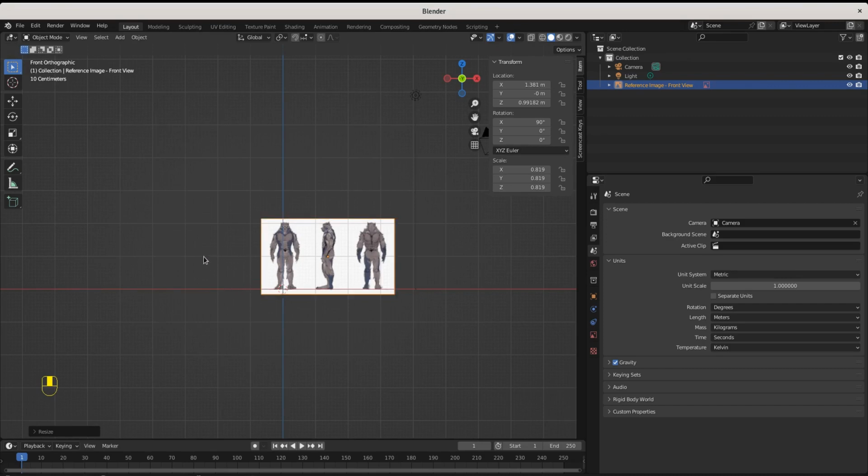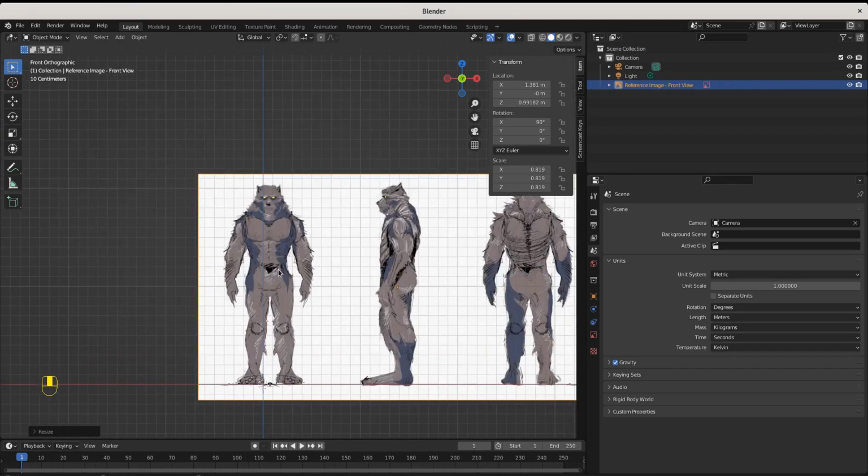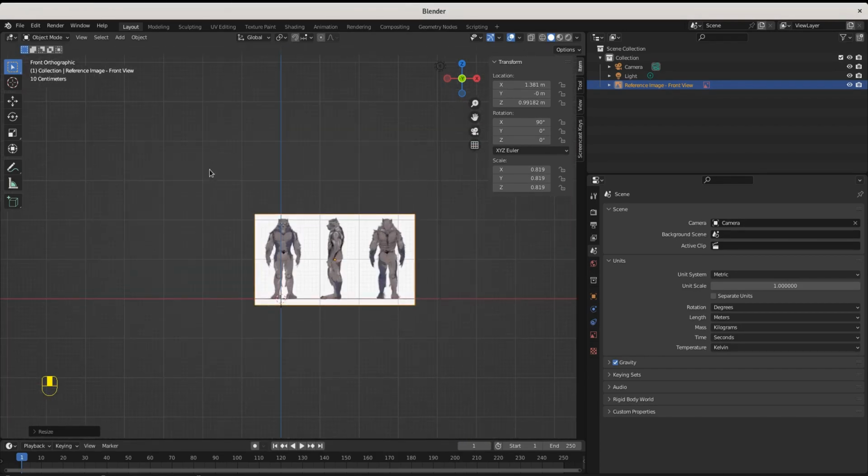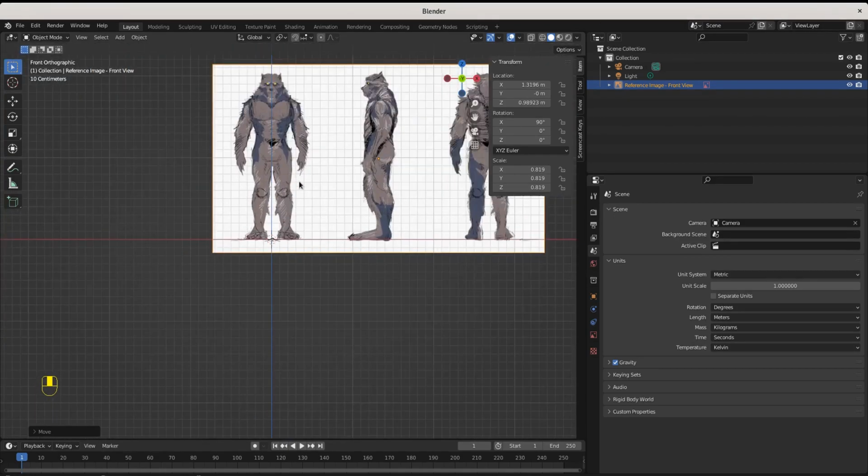For Americans who don't do metric, it's like 3.3 feet, 3 and change. I am just over 2 meters, which is like 6'7". So that's how I want to make sure this is an accurate sized representation of myself.